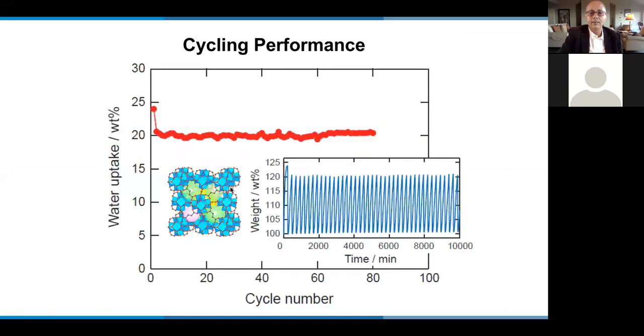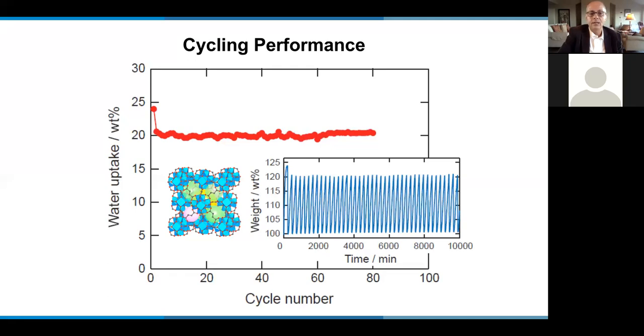And in the lab, before we go to the desert, we did many studies on these materials because we thought, well, they may not be as stable in water, but indeed they were very stable. And you see here a behavior where we can do many, many cycles, in this case 80 cycles, without the framework being compromised. And one of the things that we observed is that after the first cycle, there is a slight drop in the uptake capacity. But then there is a very stable performance. And that's the nice thing about having crystalline materials. So the crystallinity that we work so hard for